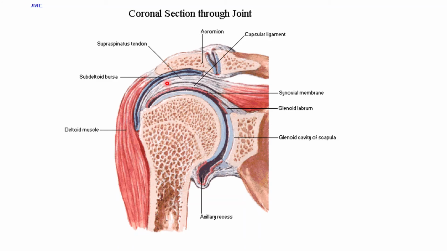Moving on to the nerve supply, the joint is mainly supplied by the axillary or the circumflex nerve, also contributed by the suprascapular nerve and also the lateral pectoral nerve. So this is about the nerves which supply the joint. Moving on to the arterial supply, the blood supply is mainly by the anterior and the posterior circumflex humeral arteries, also contributed by the suprascapular arteries. So this is about the bursae of the joint and the nerve and the blood supply of the joint.